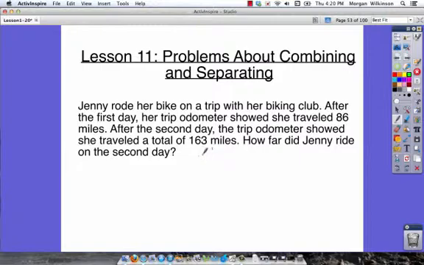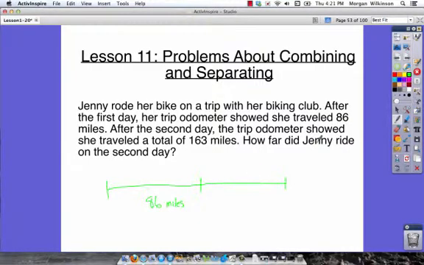Now with this question, it can be very helpful for us to draw out a picture. Let's draw a line segment. It's going to show how far she went on her first day. On her first day, she went 86 miles. That's a good long bike ride, 86 miles. After the second day, the trip odometer showed she traveled a total of 163 miles. So 163 miles total